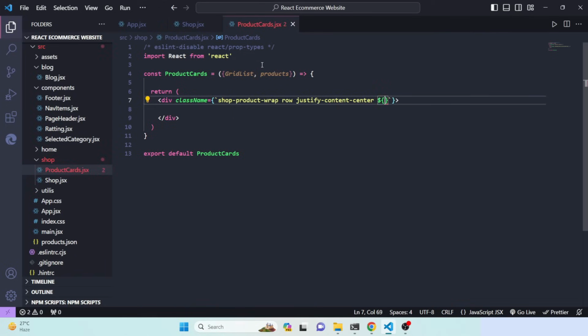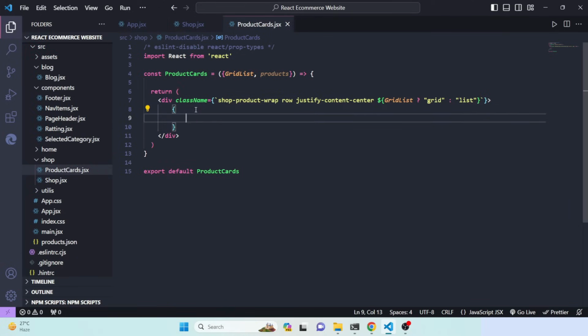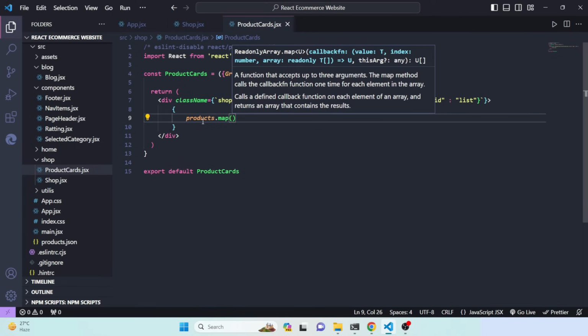And here we'll define if grid list is clicked. So grid is clicked. So grid list, then a condition here that would be grid, otherwise that would be list. Okay, fine. Now here actually we'll map our products, so that's why curly braces, and as we receive products we'll just define products dot map. Then as we're receiving